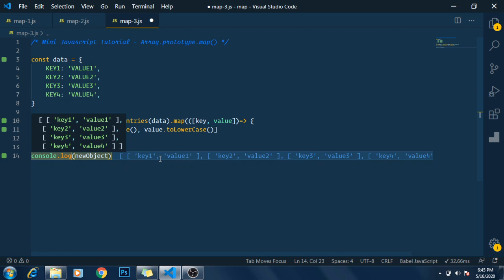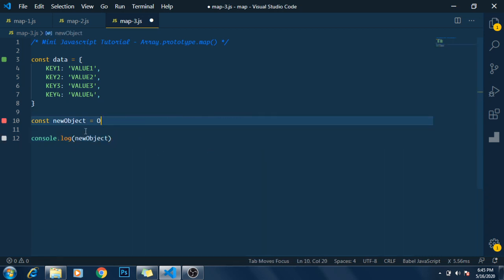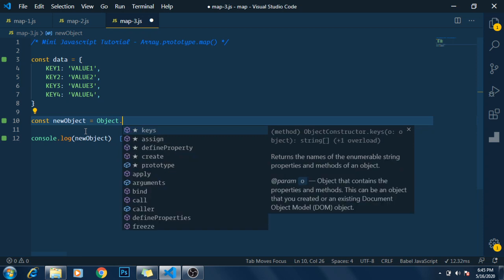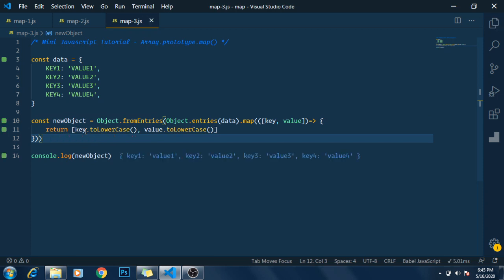I need to form my object again. So I'll wrap the entire thing in Object.fromEntries and pass the entire thing. I've got my object back. So this is how you can use the .map function with JavaScript objects directly.